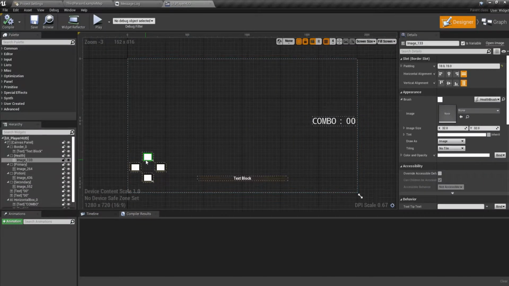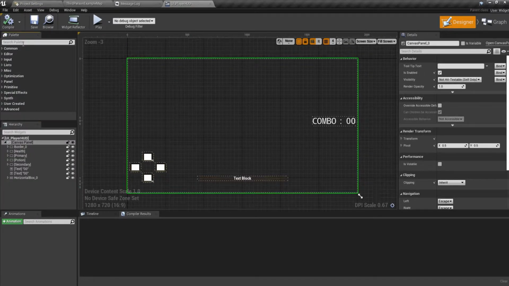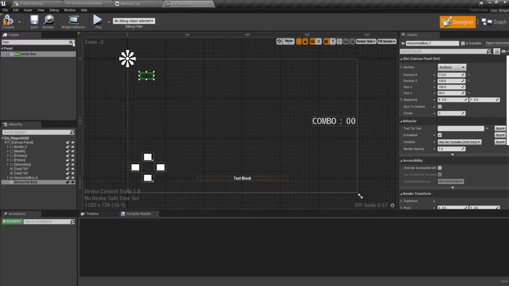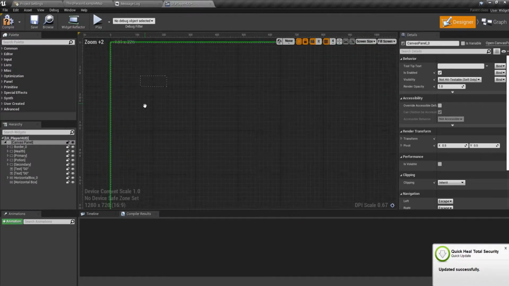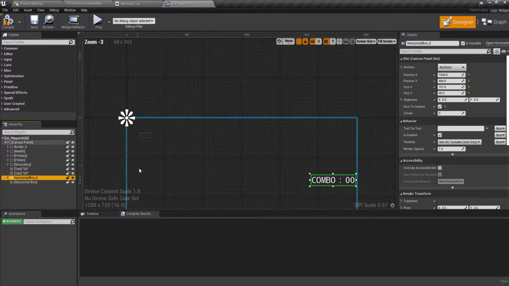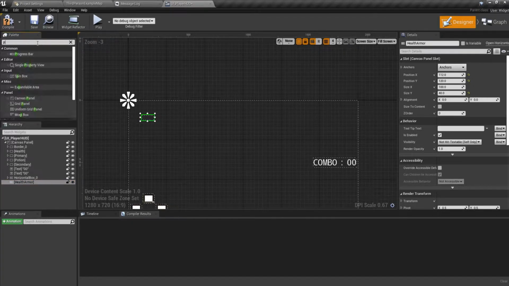Inside the player HUD we already have our inventory icons to show up, and today what we'll be adding is a horizontal box, and within this horizontal box we did not need a vertical box, we just need a horizontal box, and this would be our health, armor. So the first thing that we need to add in our